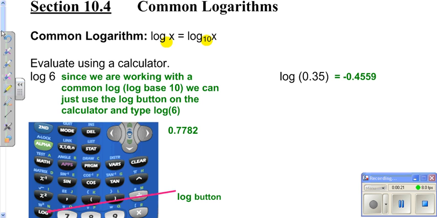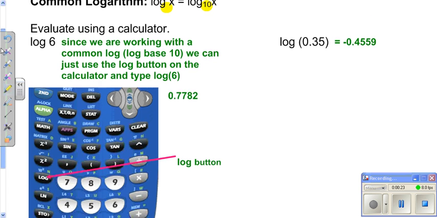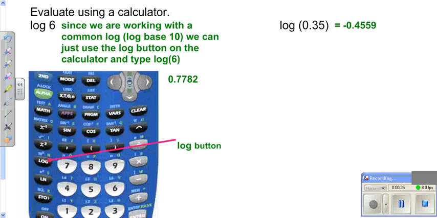Your calculator uses base 10. The log button on your calculator, which is over here, is base 10. It's the only one your calculator does other than the natural logarithm, which we have not got to yet. So if you were asked to do log base 10, all you'd have to do is just hit the log button,